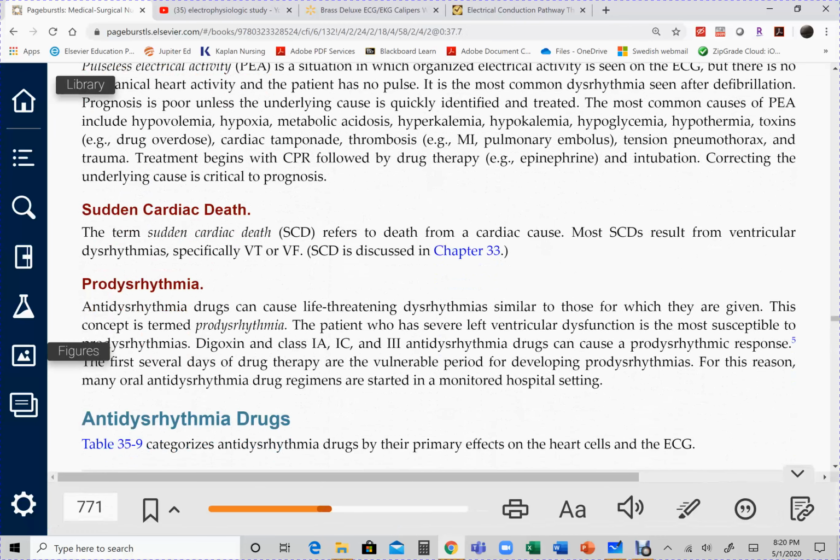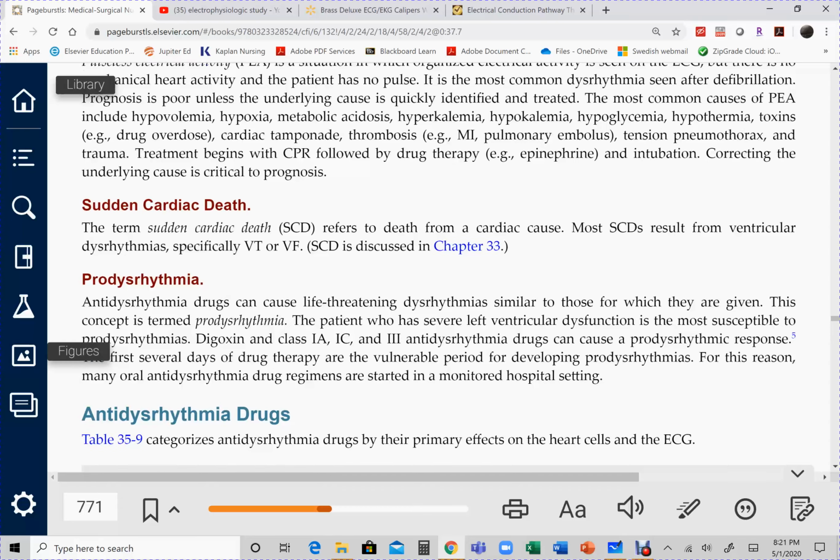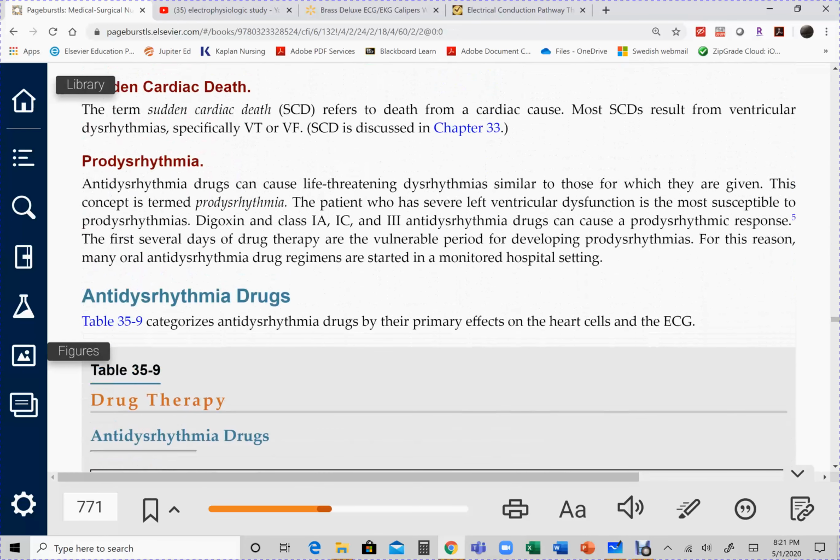Sudden cardiac death. This was extensively discussed in chapter 33. This is cardiac arrest, basically, resulting from either VFib or V-Tach. Okay, this is the concept of